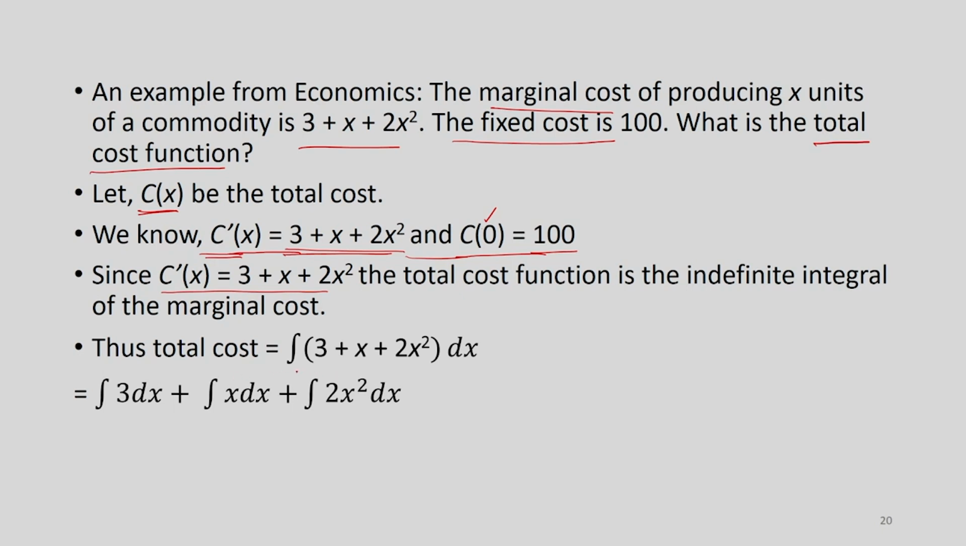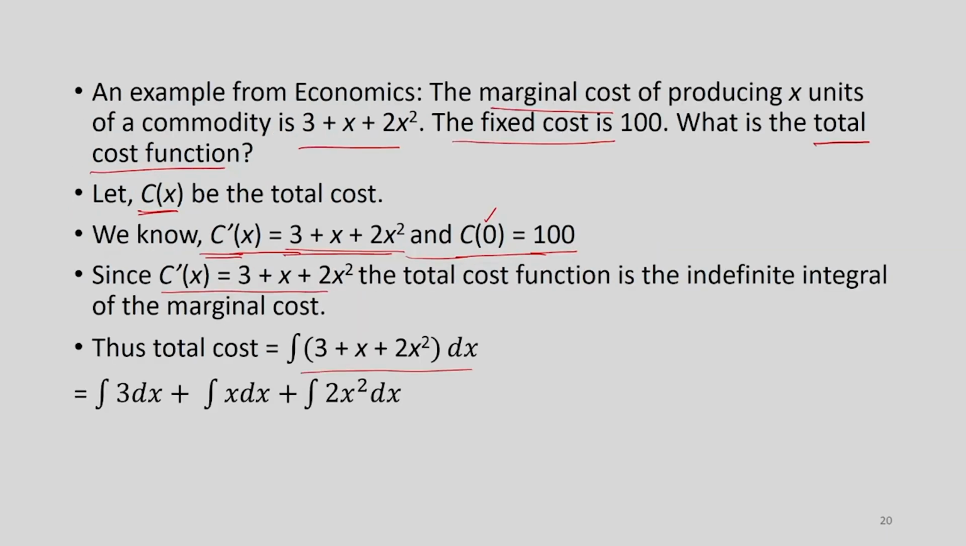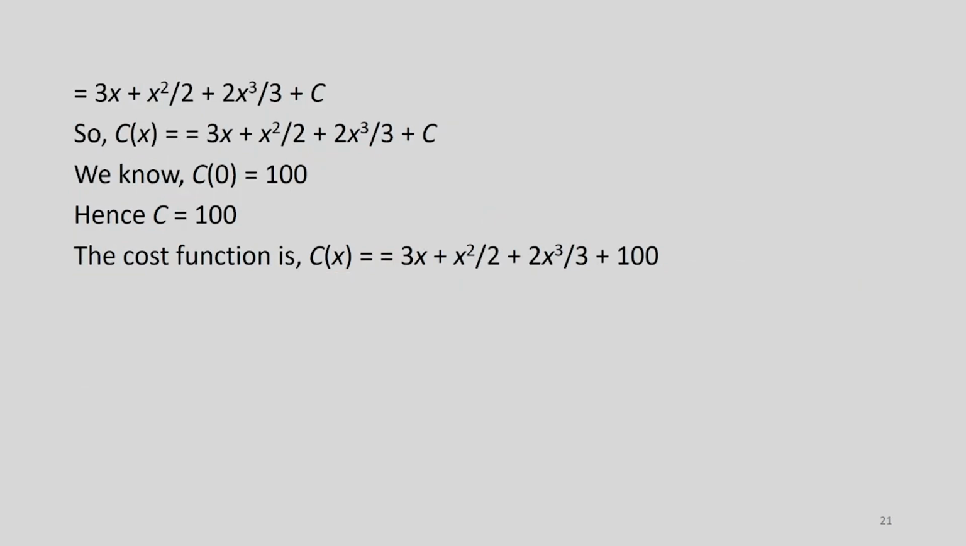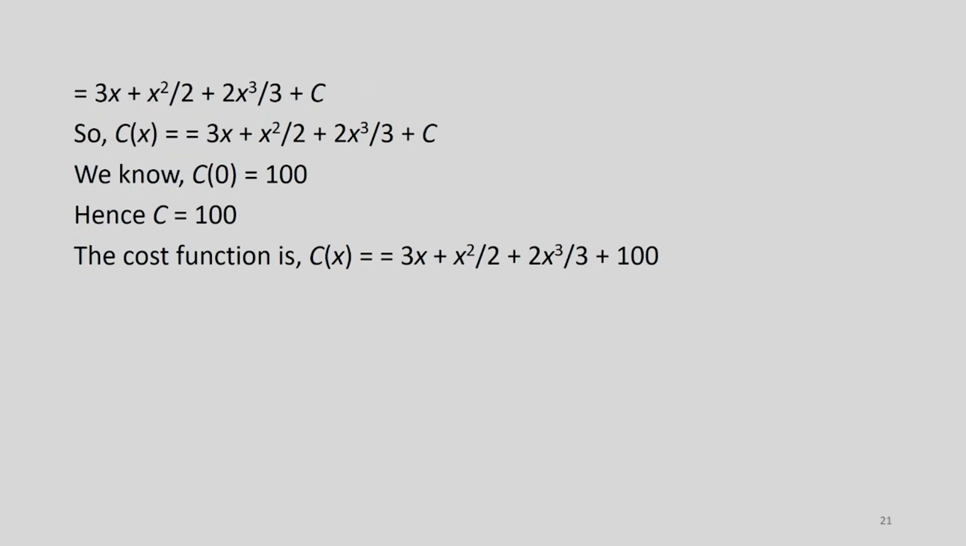So, the total cost will be equal to integration of 3 plus x plus 2x square. So, this becomes integration of 3 dx plus integration of x dx plus integration of 2x square dx, and this turns out to be 3x plus x square divided by 2 plus 2x cube divided by 3 plus c, the constant of integration. So, this is the cost function,